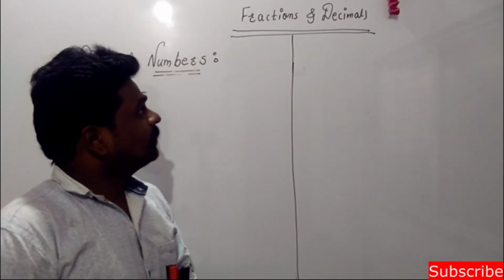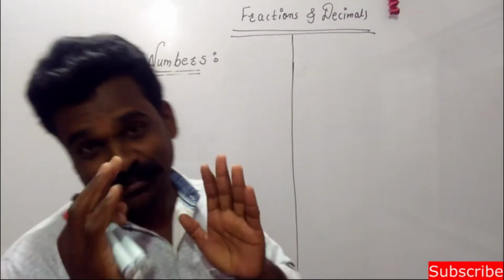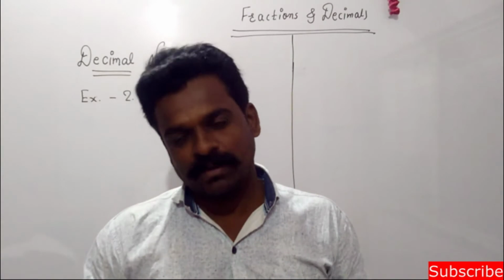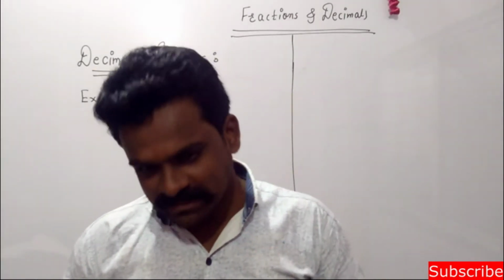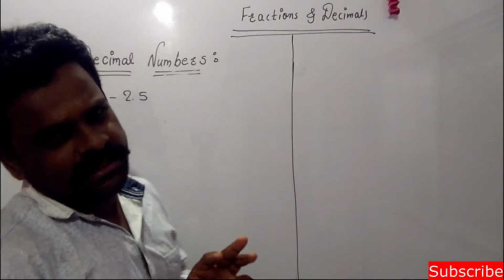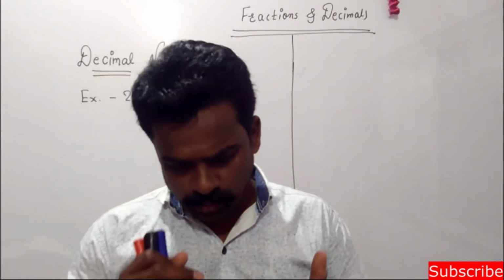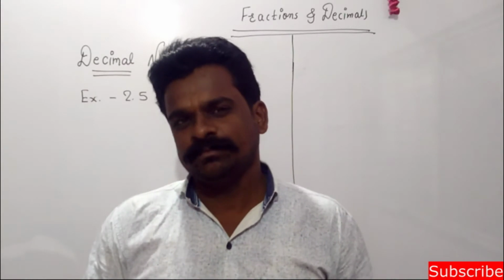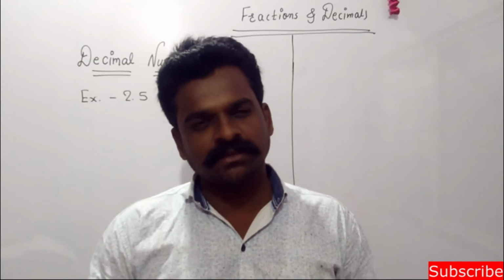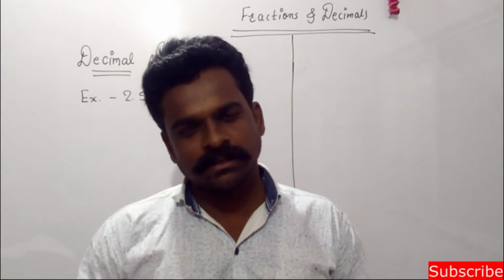As you know, we are discussing our chapter fractions and decimals. The first part of the chapter, fractions, we have finished. In the second part, decimals, we had seen some basic operations on decimals like addition and subtraction, and how to write a decimal in the fraction form. Some unit conversions were also there. We have also discussed unit conversions from one unit to another unit.